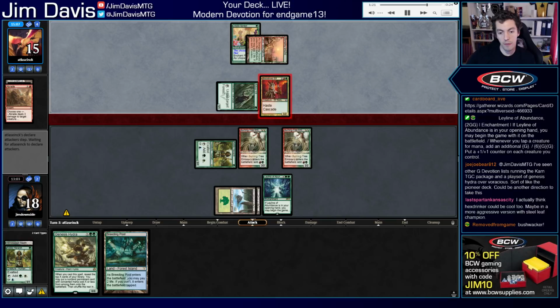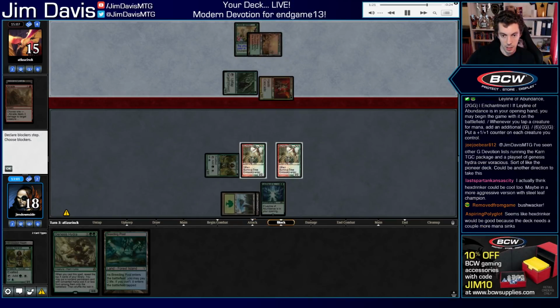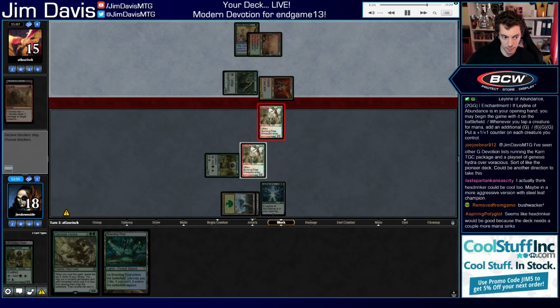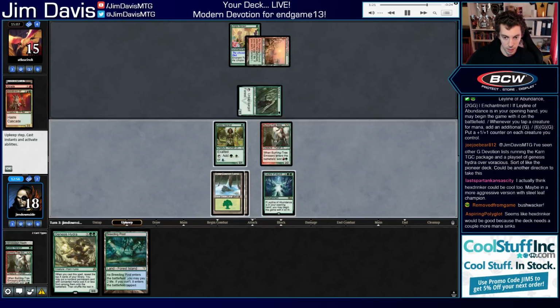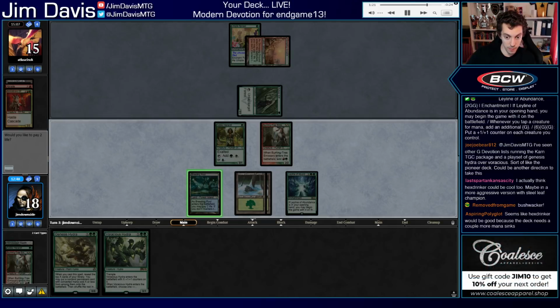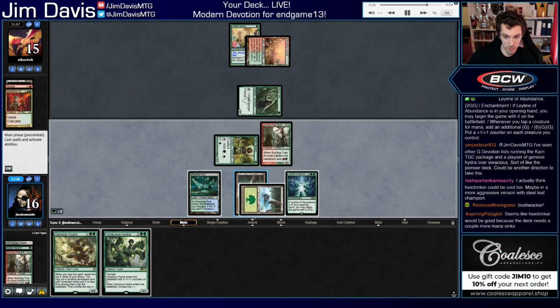Nykthos off the top. We don't actually have Nykthos yet. I kind of want to just block here. We draw Nykthos, I'm still pretty happy, so that's actually even better. Wowzers, that's awesome. Alright, so